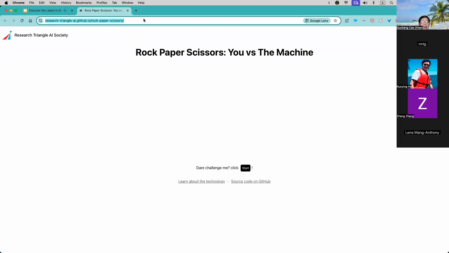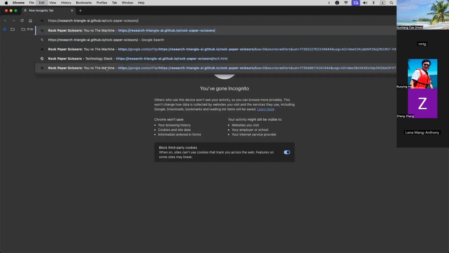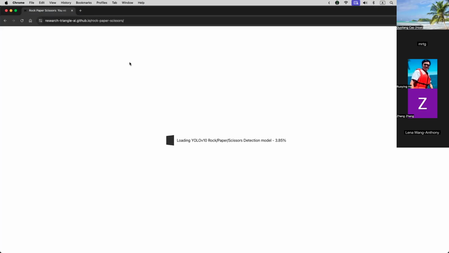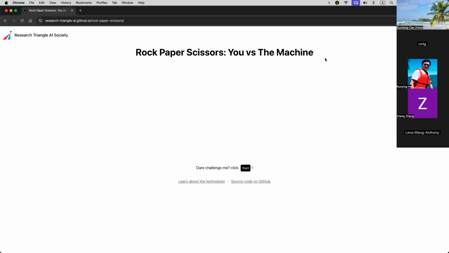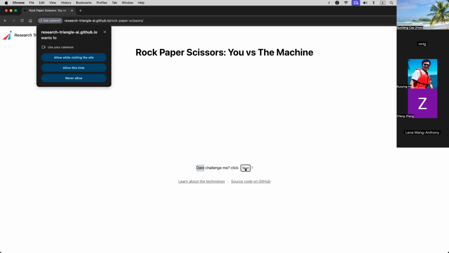but because I already opened it and approved the access, I don't have to approve it again. If I open it in a private window, it will ask. Now, if I want to start, I just click the start button, and it will ask for permission.